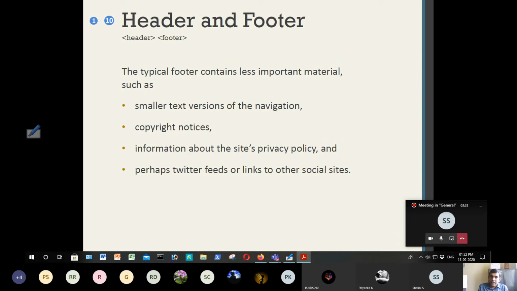Earlier, before HTML5, it was not possible to tell which are the header and footer contents and which is the original page. But in HTML5, we have two new tags added, header and footer. The header for a given page is included in the header tag and the footer is included in the footer tag.